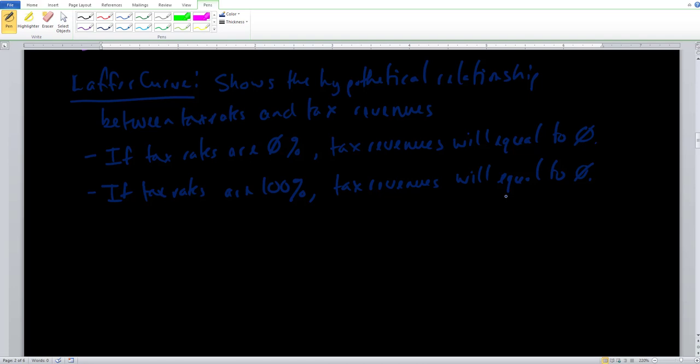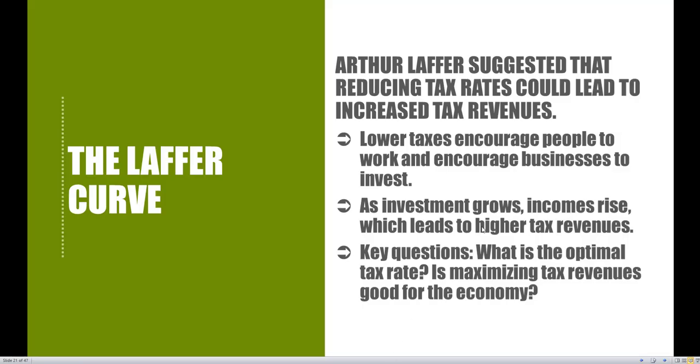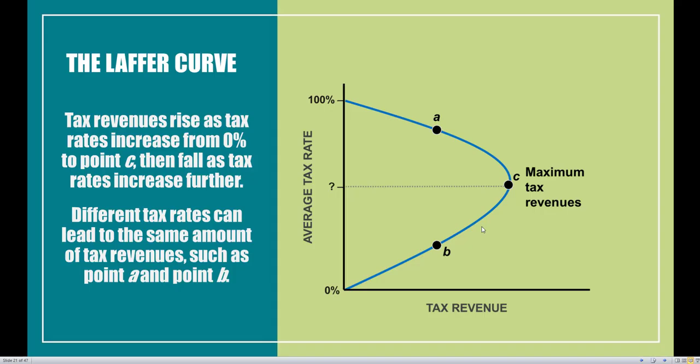Based on these two extremes, it tells us exactly what the Laffer curve is going to look like. If tax rates are relatively low, if they go from 0% to say maybe 1, 2, 3, 4, 5% and all the way up, then there are some people that are going to work and tax revenue should also be higher. However, as tax rates keep on getting higher and higher, there's going to be some point where tax revenues are going to be lower because people are no longer incentivized to work at all. So based on these two extreme points, the Laffer curve is going to look like a parabola.